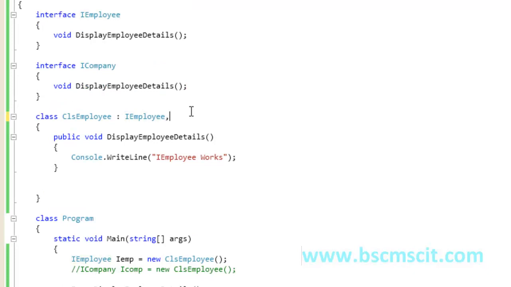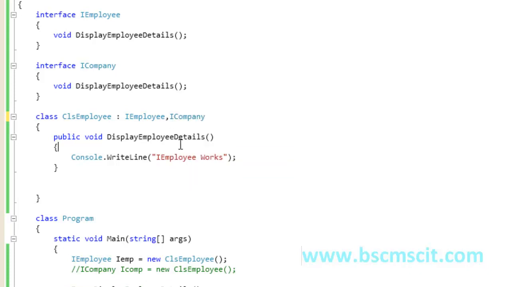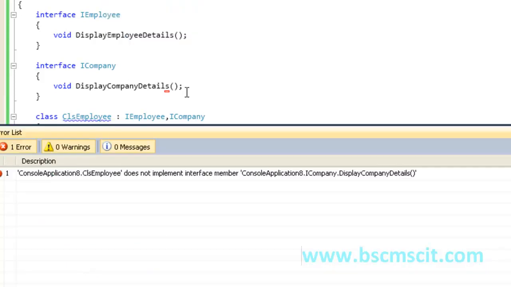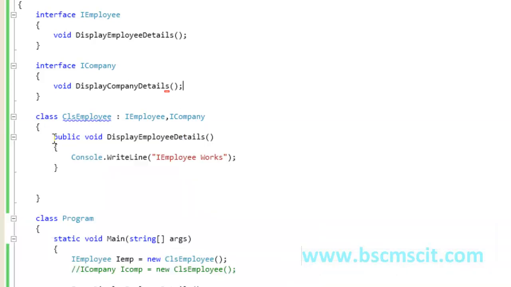Then what you will do, let's say ICompany. Possibly this naming convention should be changed, so let me change it. I will say DisplayCompanyDetails. Now if I build this, I will get an error because I need to provide the implementation for ICompany DisplayCompanyDetails.